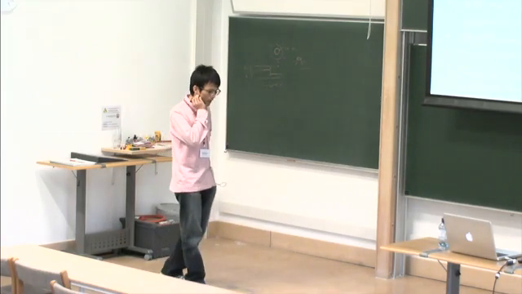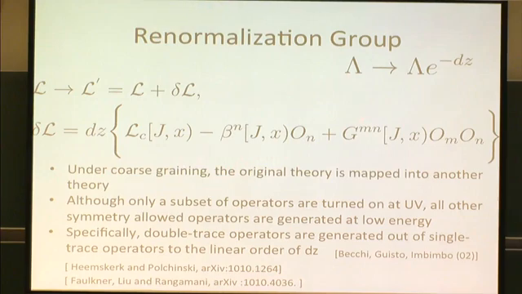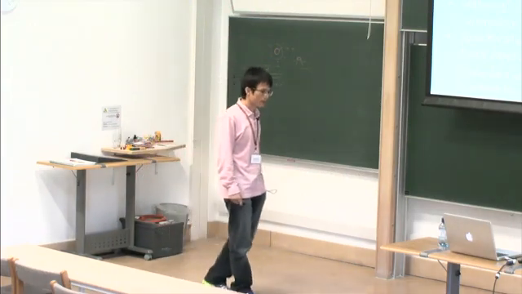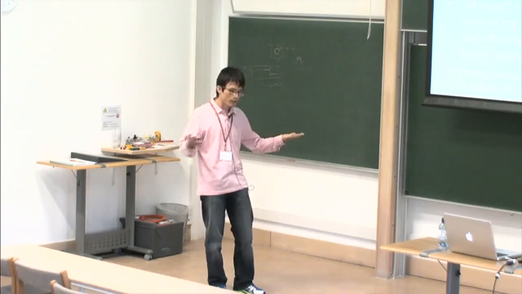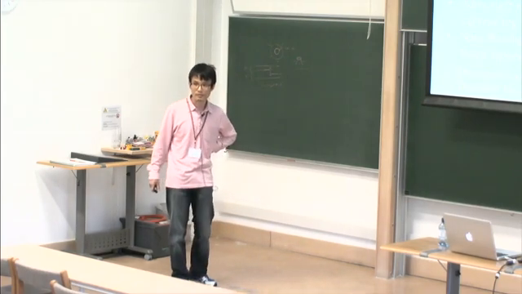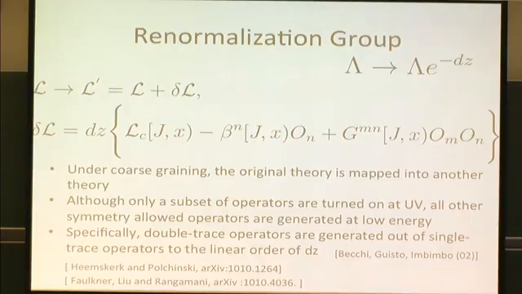In conventional RG, what we do is the following. We lower our UV cutoff by some infinitesimal amount and integrate out the high energy modes. Then this process modifies my effective action, and there are three important terms. First of all, you generate Casimir energy. Since you integrate out your quantum field in the presence of the source, you generate a source-dependent ground state energy. That's nothing but the Casimir energy. And then, in general, the single trace operator that we had in the beginning acquires some quantum correction. This is nothing but the beta function for the single trace operator.